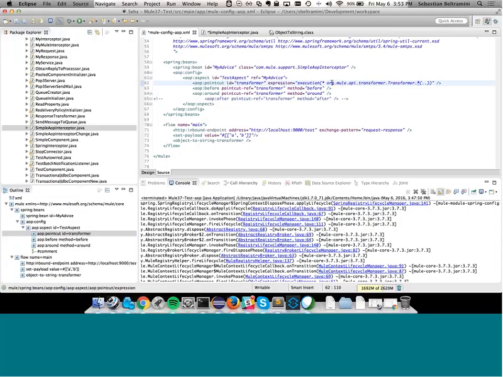Here, not only a transformer, but for instance, to try to intercept an inbound endpoint. You may feel tempted to do that, but the limitation is that, since this is provided by Spring, it has to be a Spring object. And inbound endpoints are generated by Mule itself by instantiating a class, so it's not Spring